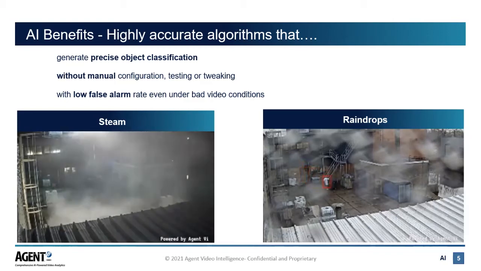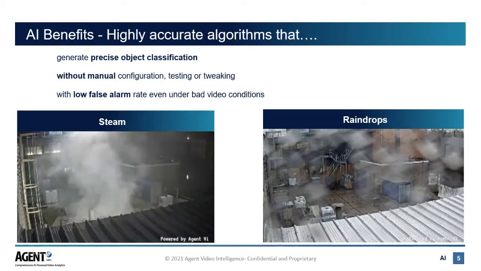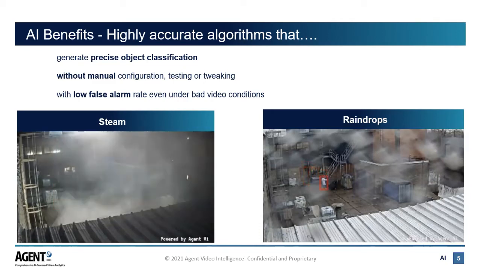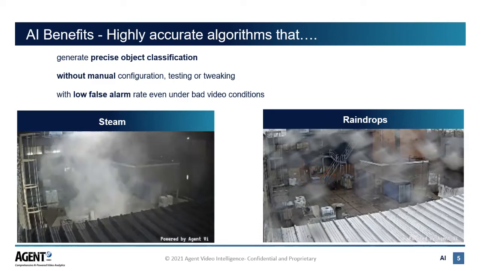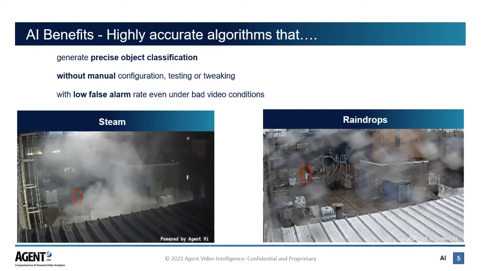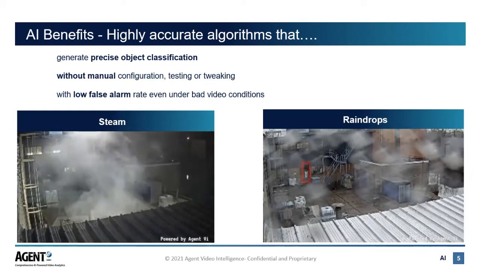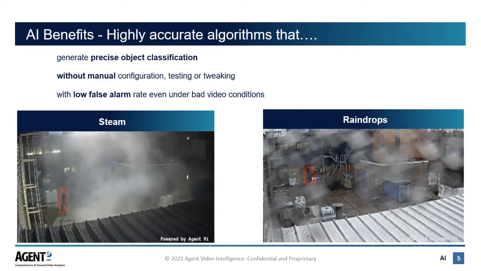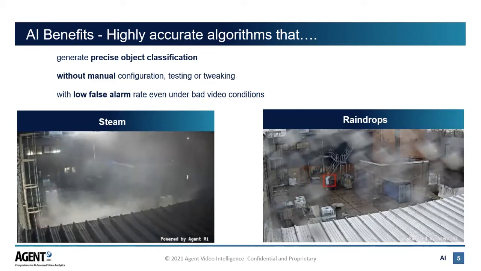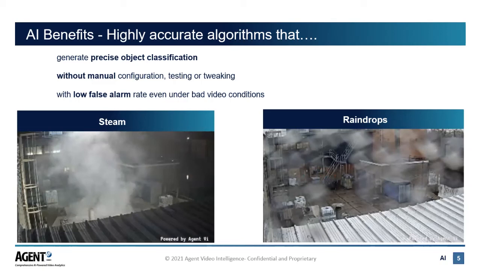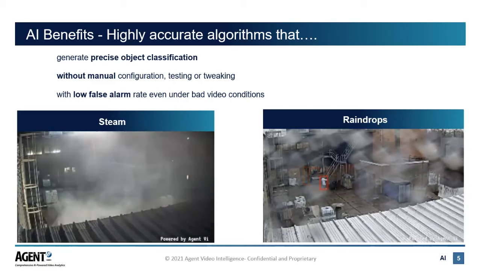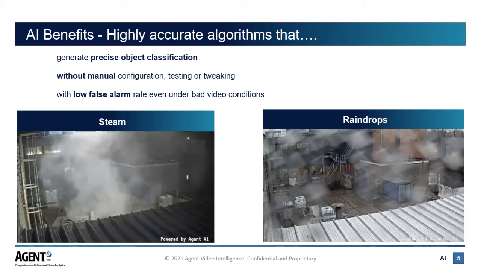So if you look at these two real examples from our system, you can see that image on the left with our traditional analytics and the way analytics were traditionally done in the market. With that much motion in the scene, there would have been no chance of detecting that person, because, as I said, the VCA depended on motion to then group pixels to then try to decide what is the outline of this thing that we're trying to detect. But with the newer AI algorithms, it doesn't work the same way. It actually can identify, even through the steam there, that there's a person in that image.